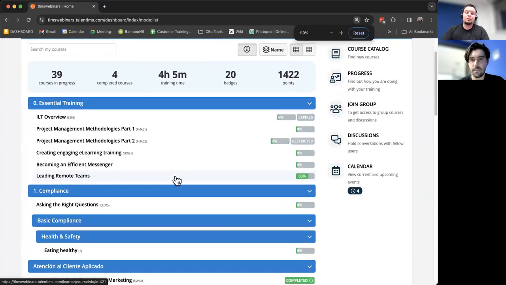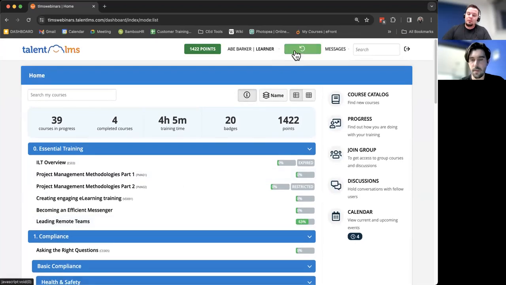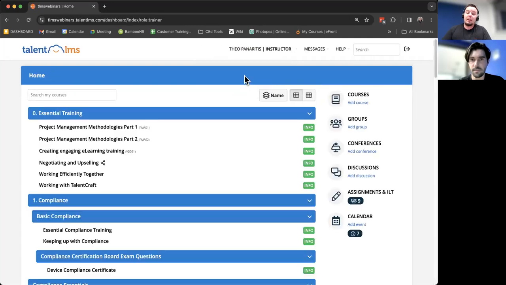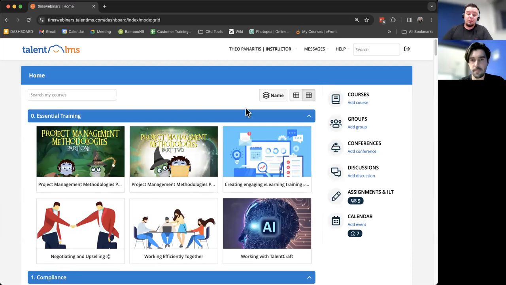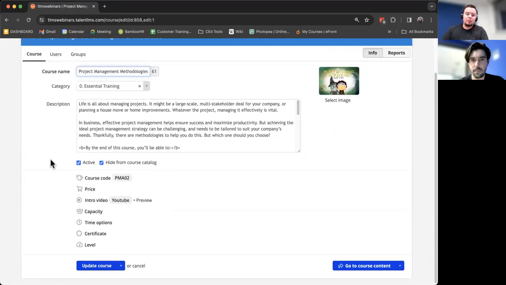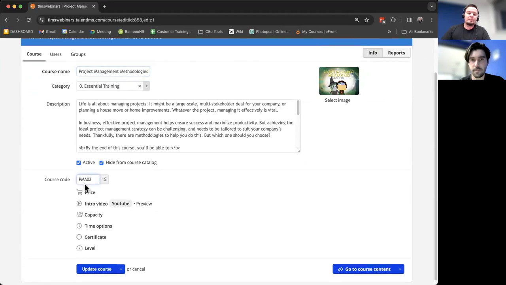So what I'm going to show you now is, where do you find those? I'm going to leave my learner status. I'm going to transform back to an admin and switch to my instructor permissions. So here, if I go to part two, and if I give you my tab view, just to associate this with the image as well, if I go to my part two, go to edit the course, and again, on my edit settings course this time, you see here, there is the course code. So this is PM02. If I have another course that I want to appear afterwards, maybe project management methodologies part 3, if it comes out, then that will be on the other course, part 3, and everything will be set one under the other,